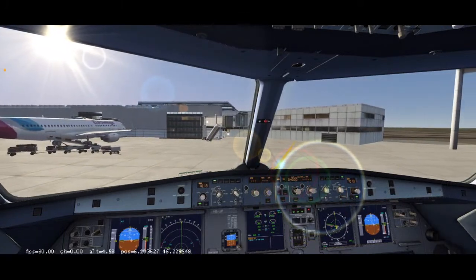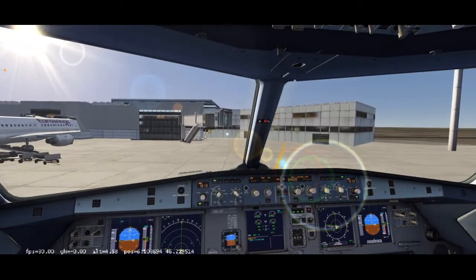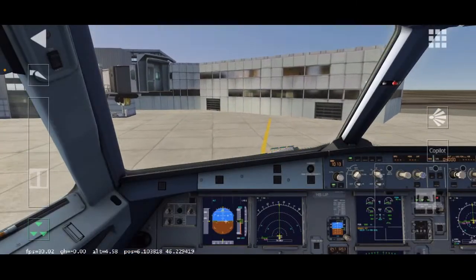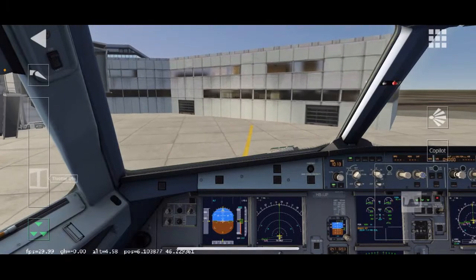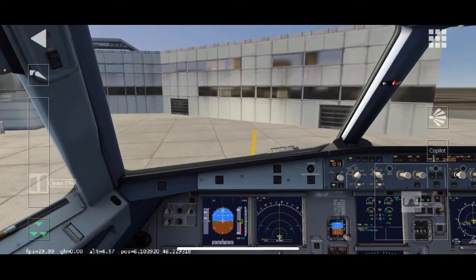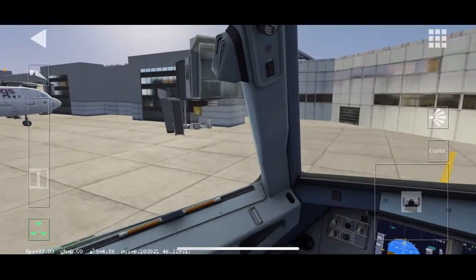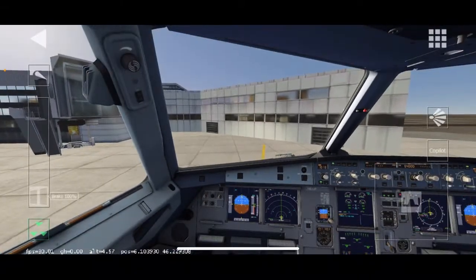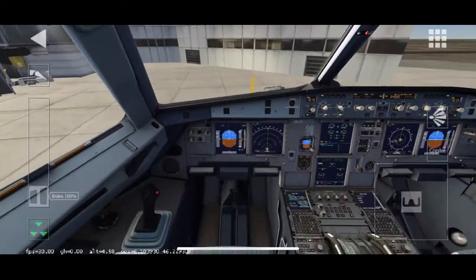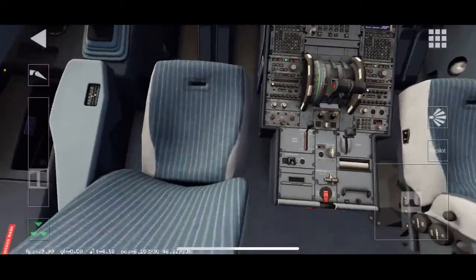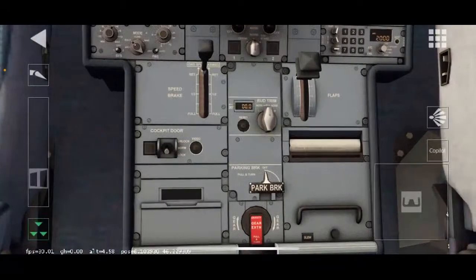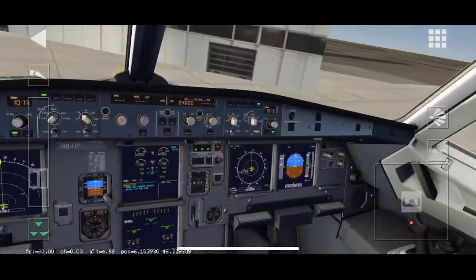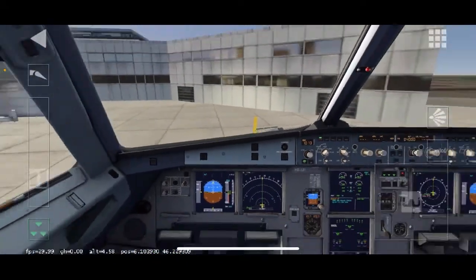T-Kid Pro, I was going to do a go-around if we went too far, but it was going to take a very long time. And we're going to slow it down very shortly. No, we could technically stop it here. Yeah, we're going to stop it here. That's way too close to that building. Alright, brake set. And the parking brake is going to be set. I'm not going to worry about shutting down the aircraft. That's a whole other tutorial. Basically the opposite of what we started with.